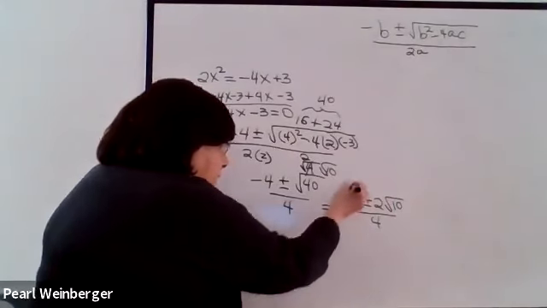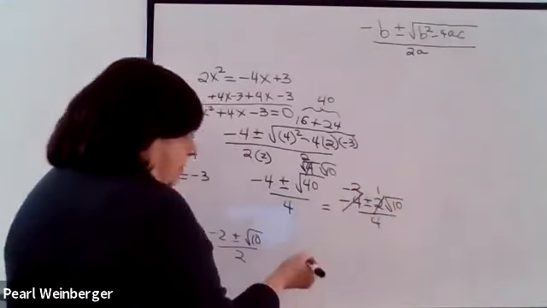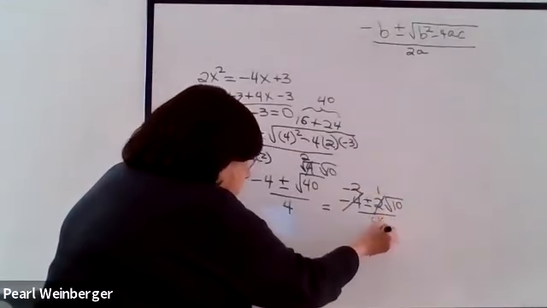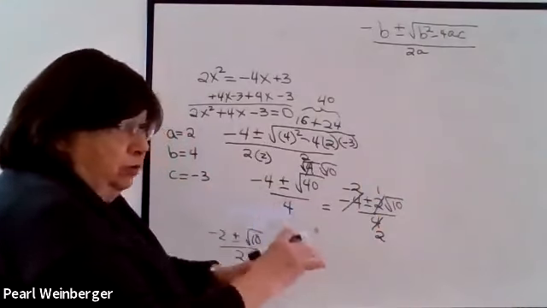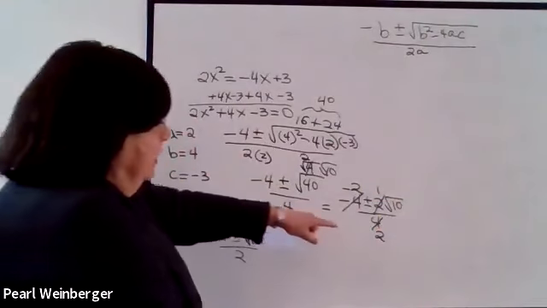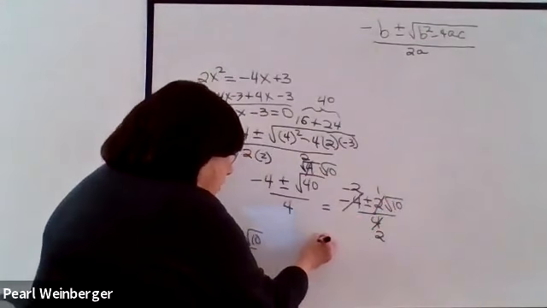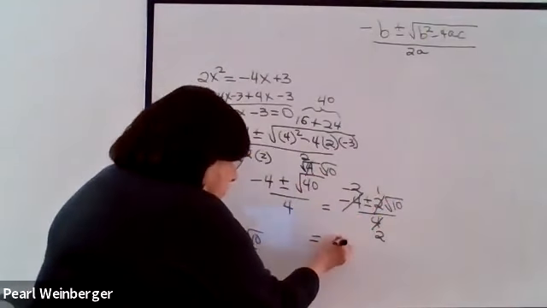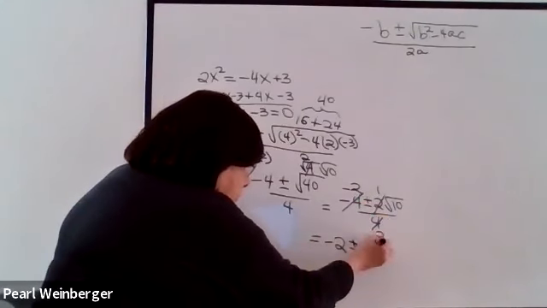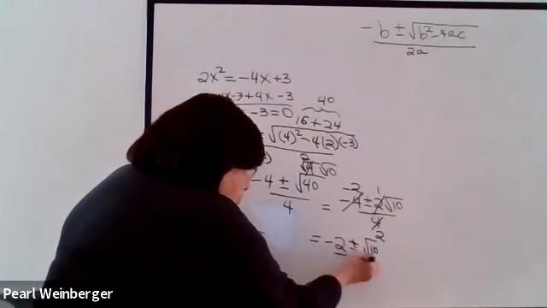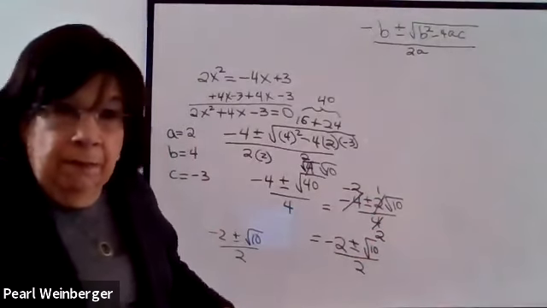I notice that 2 goes into all of them. So I'll divide this by 2 and get negative 2. I'll divide this by 2, that'll of course give me 1. And I'll divide this by 2 and it'll give me 2. Don't forget, I can only simplify it if I have a number that goes into all 3 of the terms. So now what I'm left with is negative 2 plus or minus 1 times radical 10, all over 2, which is exactly what